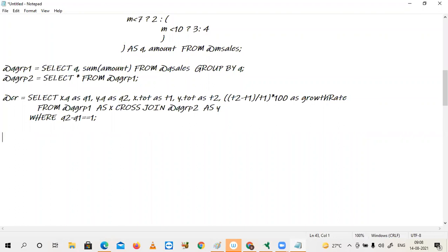After that, if you want to write this output, apply the output statement. Output at the rate, let's say, quarter comparison.